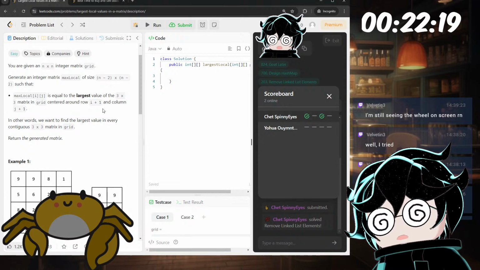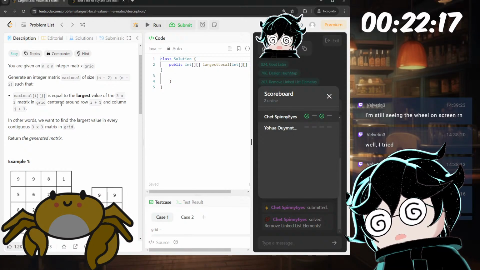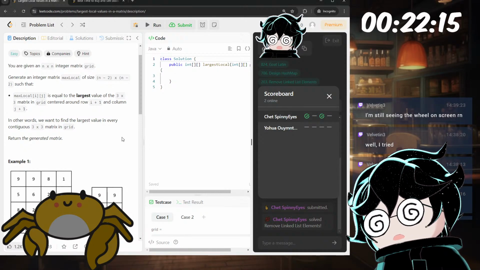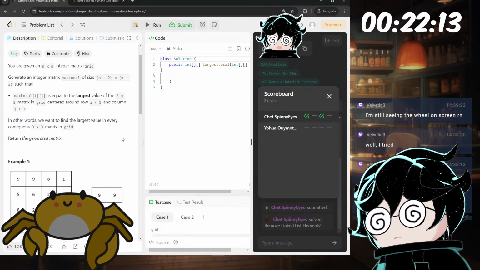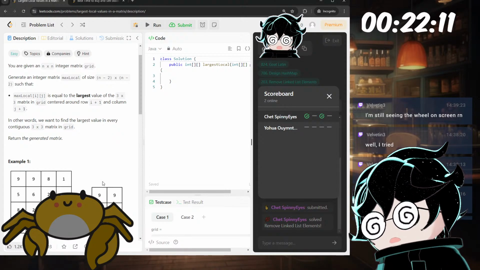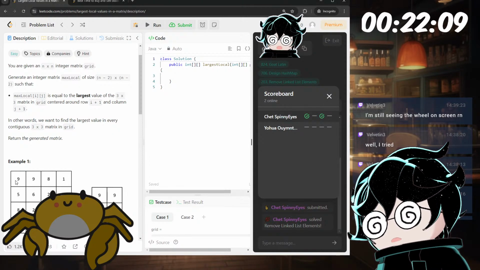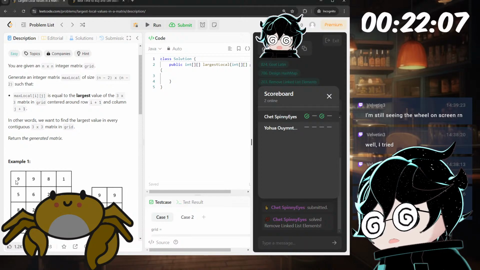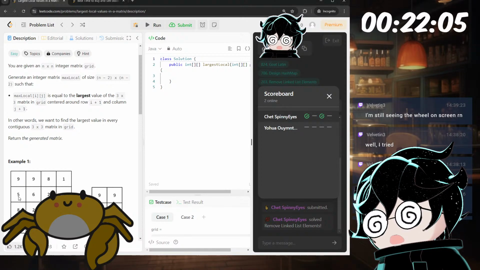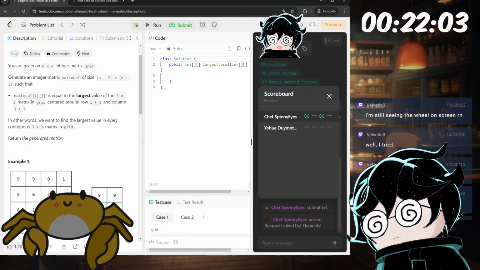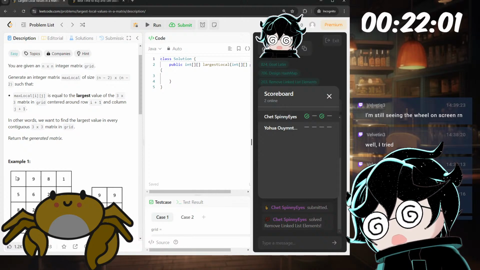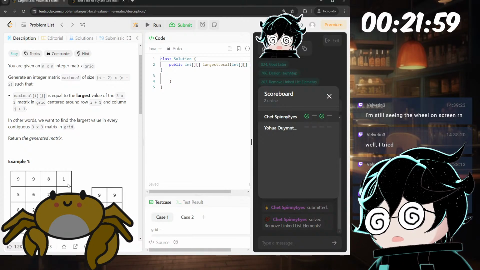Largest value of the 3 by 3 matrix in grid centered around, okay. So 9 here would correspond to 1, 1. So this 3 by 3. So the largest will be 9, so we put 9 here.